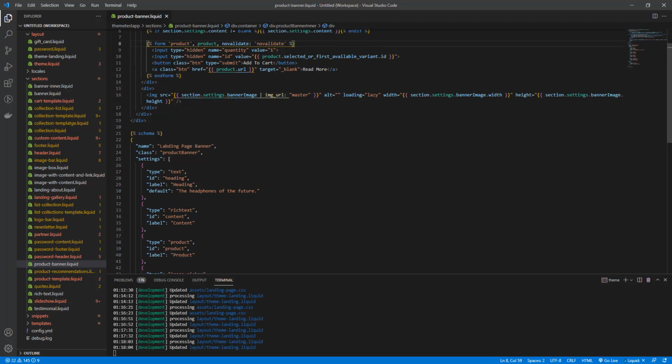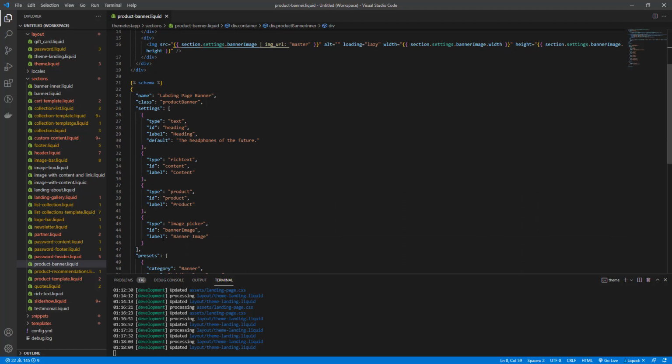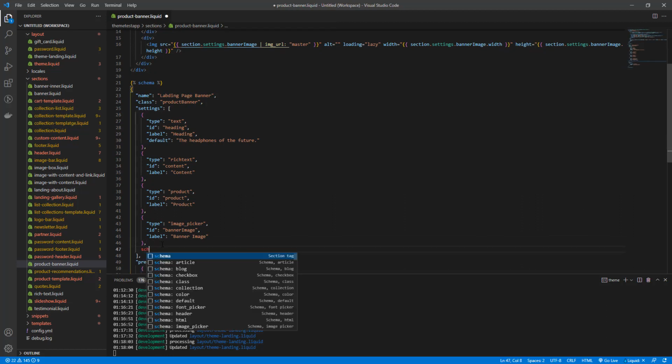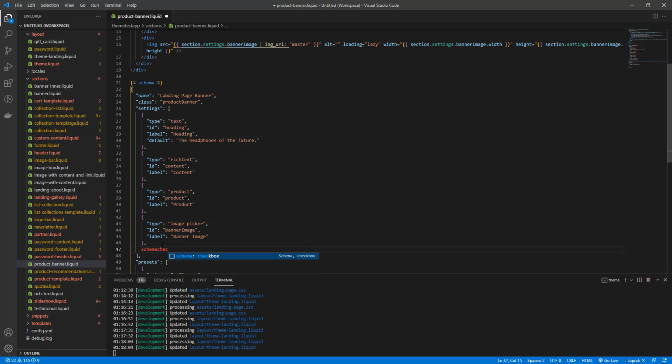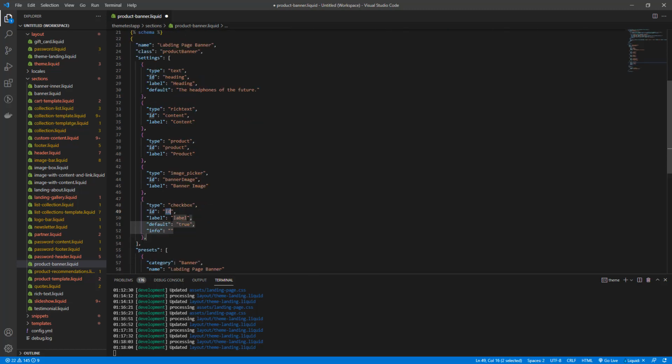Here let's add one more thing. This will be a checkbox. Enable